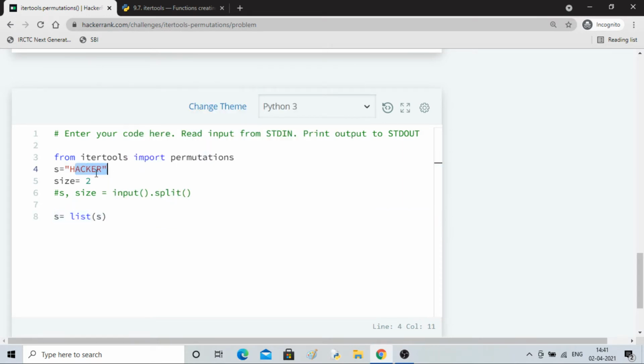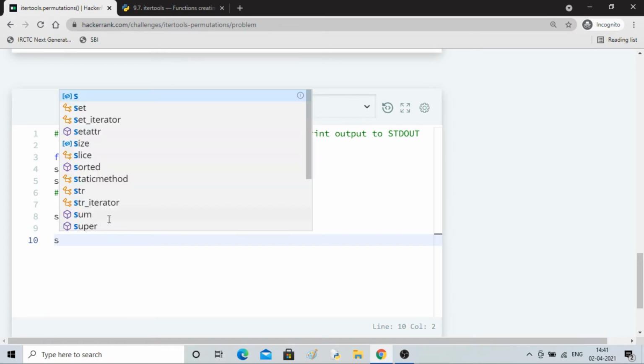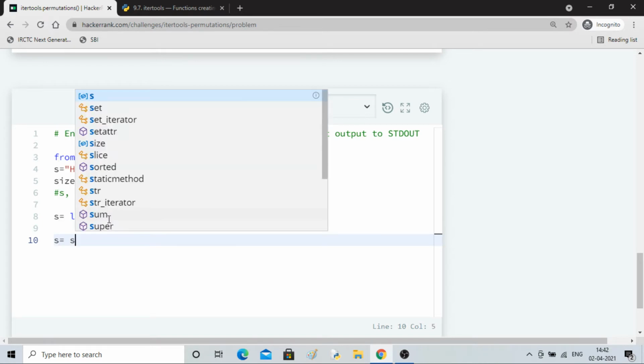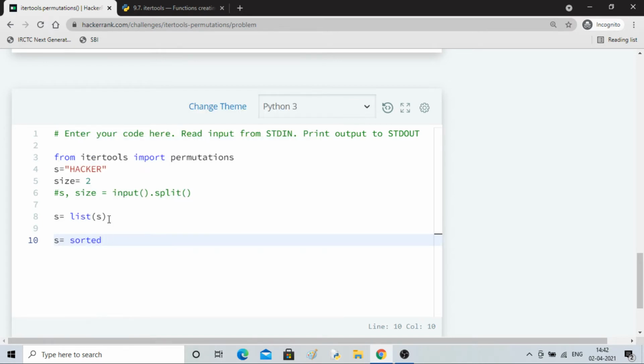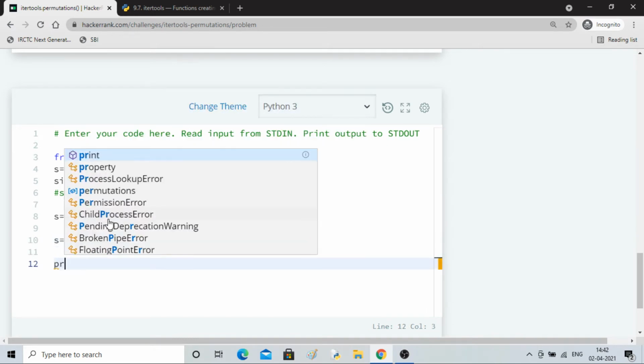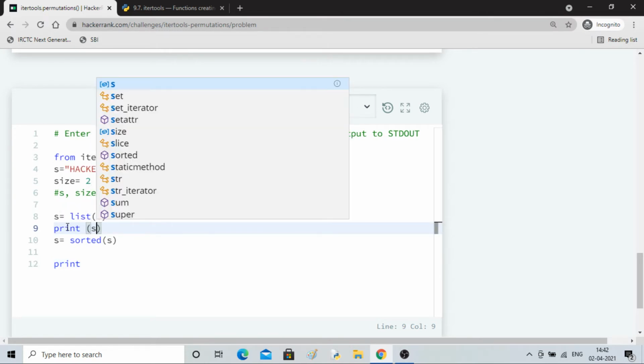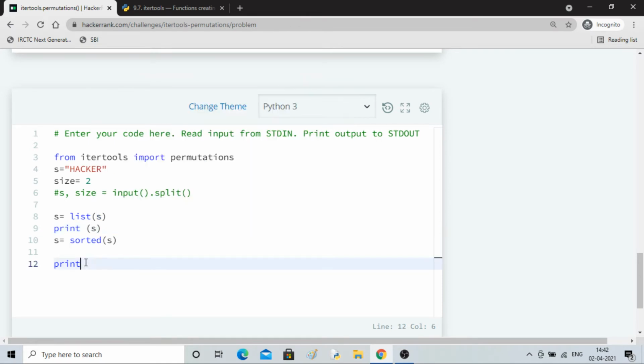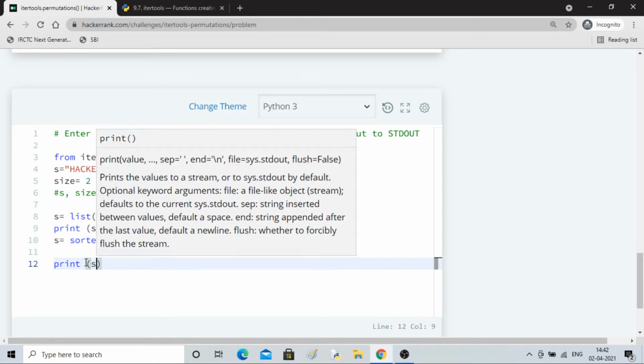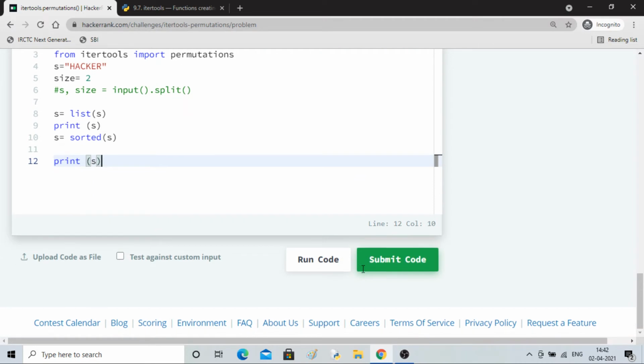This is a string, so first it has to be converted into a list, and then I'll write s is equal to sorted s. Okay, now let me print it, so you will see the difference here and here also.